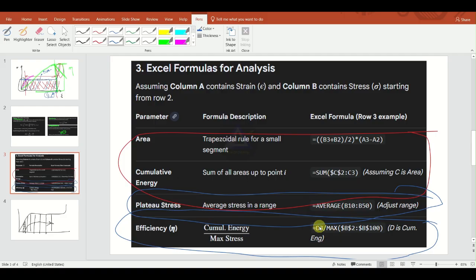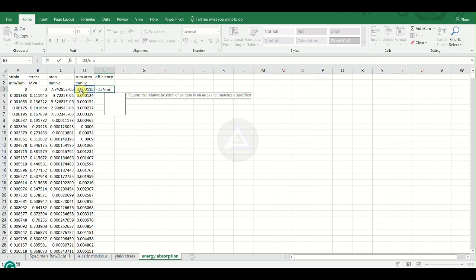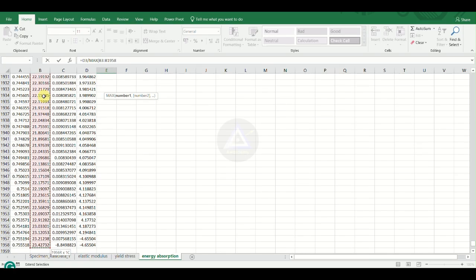So here we have D3, which means the cumulative sum energy, and then the maximum of stress values from the given values. Okay, so let's go ahead, come back here. So we are going to measure the efficiency. It doesn't have any units. So as per the formula, we need to use the sum of the area divided by the maximum function of stress, press F4, stress 2, stress,